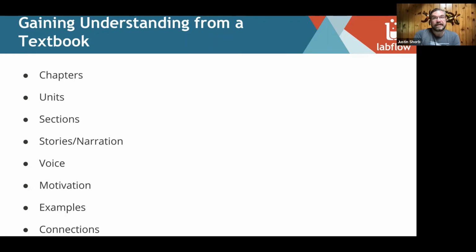And a textbook should be trying to make connections where possible. But you'll notice that those things on the bottom here, these examples, connections, motivations, could be in some way, shape, or form included into the chapter section narration, but they don't have to be. So you could really have textbooks that are really hard to read, which means they don't tie things together very well. They're more of an encyclopedia or Wikipedia type of thing. Or they could be more like a fictional book that has a nice story that just goes through everything.